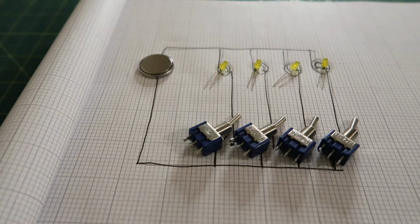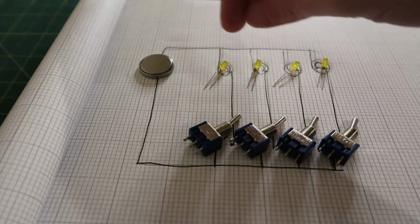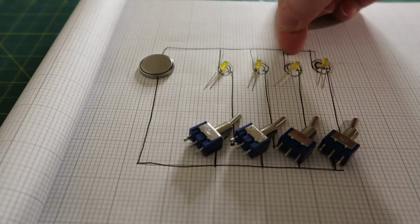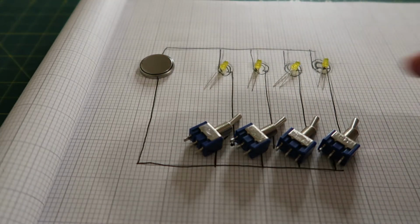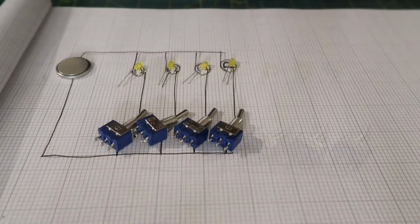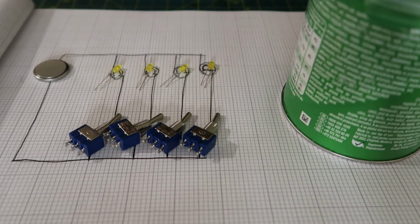And then the wires, I'm not going to cut them to length now because it's not going to be the same length, but you can see the sort of space we need on the inside. So we'll have 1 window with this bulb behind, 1 window with that bulb, so we're going to have 4 windows for each bulb, and then the switches are going to stick out along the front. So that's the size of the circuit, and for reference, that's the size of the Pringles tube we're going to